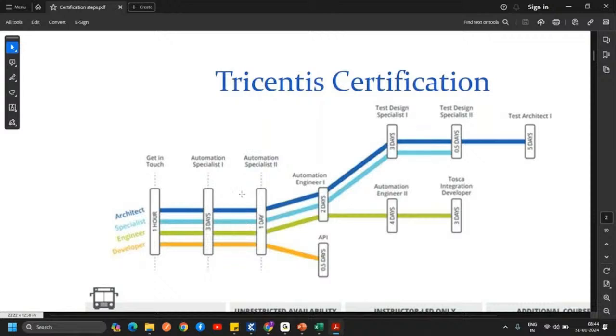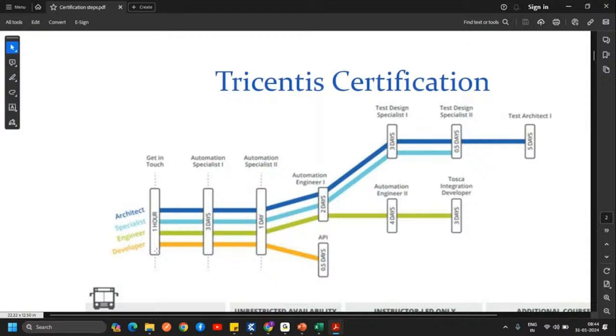Then you can go to the architect level, or achieve the Tosca integration developer certification, or you can only learn AS1, AS2 and API and stop your journey there. It all depends upon you.